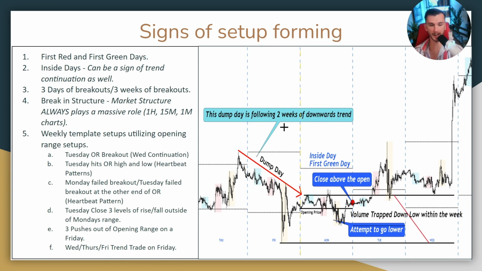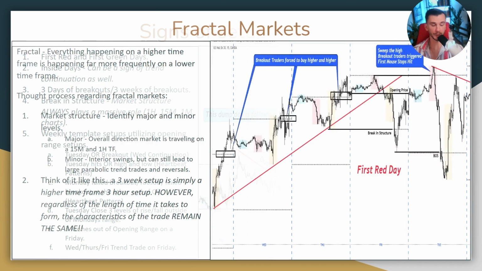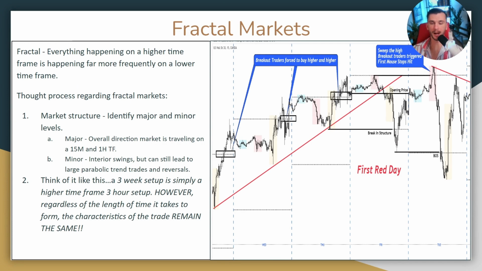Again, they could spike up and then pull back on Thursday, and then Friday, that parabolic move through the high, or maybe Wednesday spikes down, breaking structure, pulls back on Thursday, and then you have a Friday trend trade in that direction. It's a fractal. Everything happening on a higher time frame is happening far more frequently down on the lower time frames. This is going to really be important when you're thinking about breaks in structure, looking for those